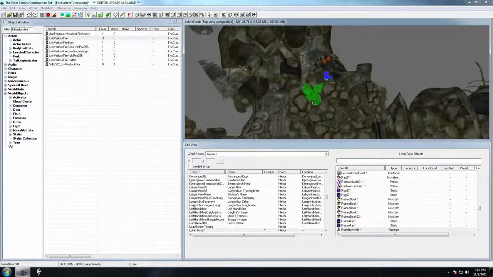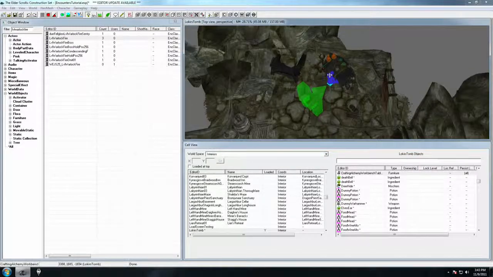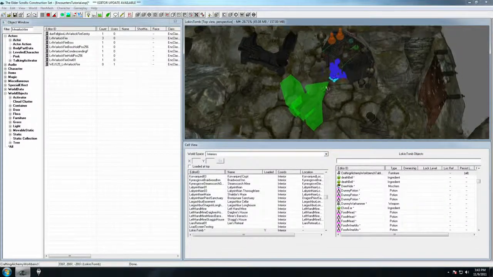But what we want him to do is use this alchemy table 24/7. If you come into this room, he's always using it. If you sneak in, you can sneak up behind him while he's using it, and slit his throat or something, whatever. So what we want to do in order to make him use this all the time is double click